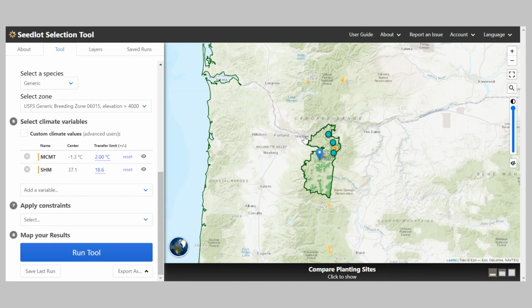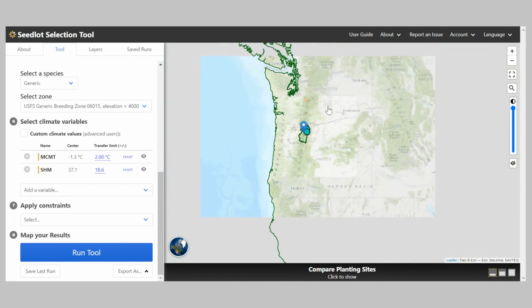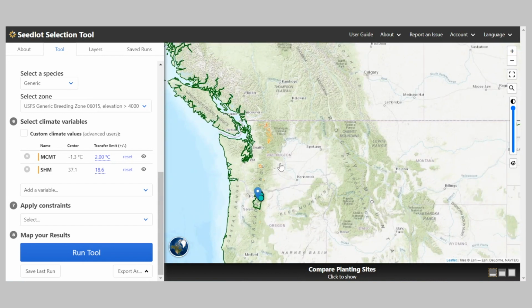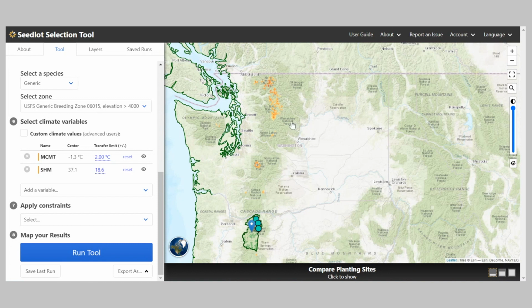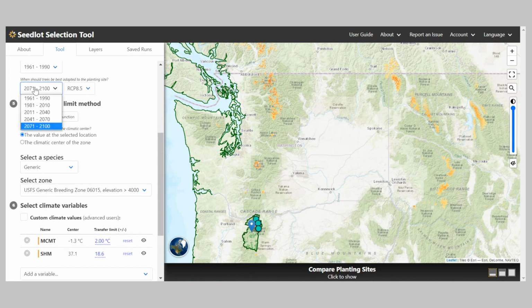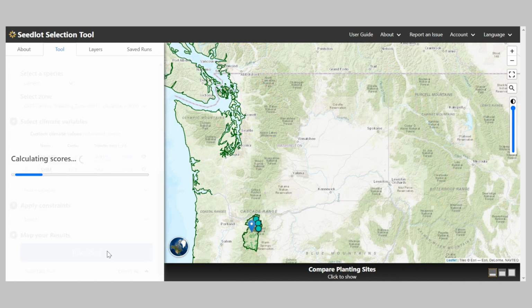And if we look at the map and we zoom out to see where the climatic match occurs, we can see that it's all the way up here in the North Cascades towards the end of the century. So we step back to the 2041 to 2070 time period, because remember I said that we recommend aiming for that mid-century.